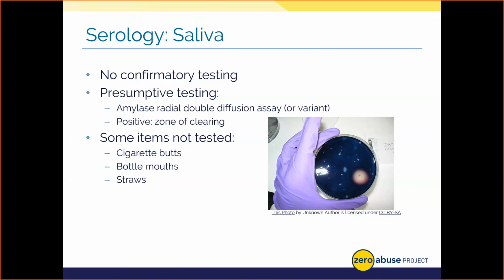Now I'm just going to round off this slide by noting that labs typically don't test items used in such a way that saliva would be deposited. In other words, what I mean is things like a straw, a bottle, or so forth. We take that on straight to DNA, since we can assume that DNA from any of those items is derived from the buccal cells in saliva, unless there are other bodily fluids indicating that something different happened with those items. So just remember then, saliva itself doesn't contain DNA. It's actually the cells in the saliva from our mouths that possess this heritable material.